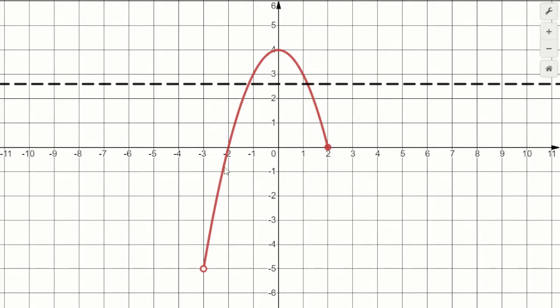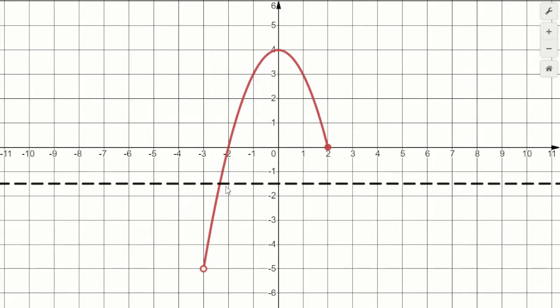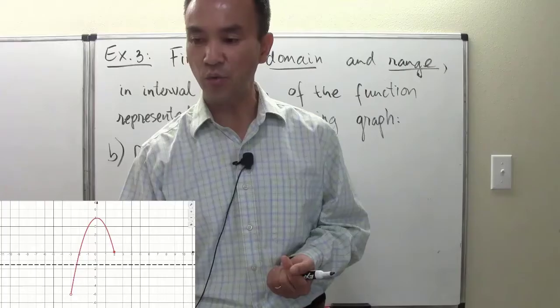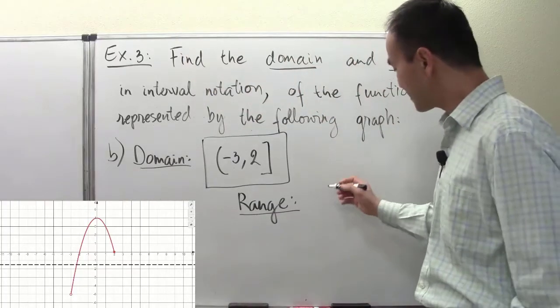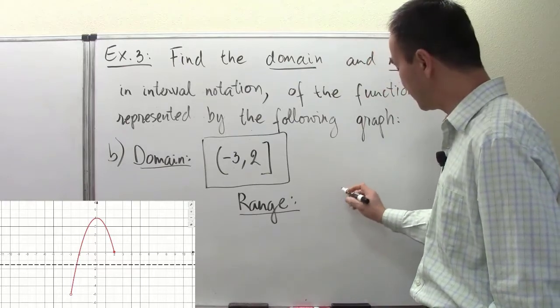This is twice at some other places. In between the vertical values from -5 to 4, this horizontal line of mine is crossing with the graph. So in that way, the range must be happening anywhere between